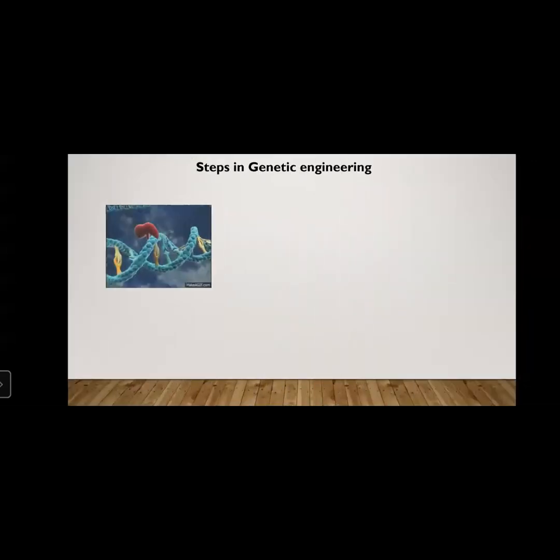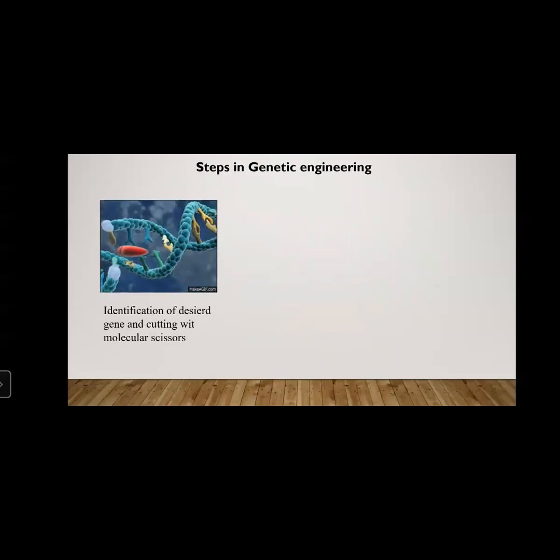First, genetic engineering. See, this is an excellent gift that gives you an idea about genetic engineering. A lot of chemicals are involved in this. Those chemicals are known as molecular scissors. For each gene, there are particular types of molecular scissors. These molecular scissors will cut the specific part of DNA that is what we require.